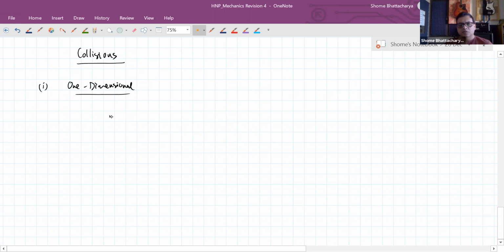So we'll just talk about the general formulae. If a particle m1 with a speed or velocity u1 in this direction is going towards a particle m2 like this, such that u1 is greater than u2, they have an approach velocity of u1 minus u2. And remember, u1 and u2 are with this sign convention. So for example, if m2 is traveling in the opposite direction, then u2 is substituted with a negative sign in